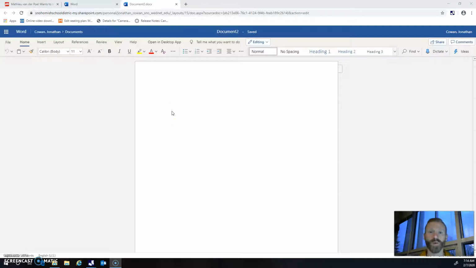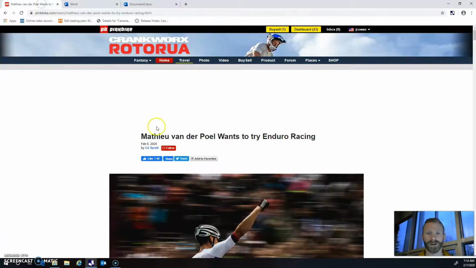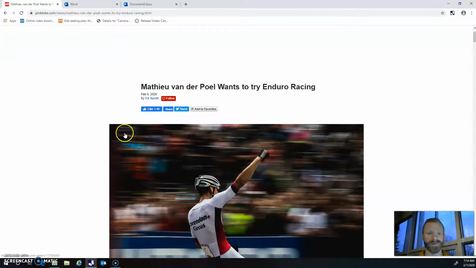All right, so I'm going to show one possible way that you can annotate text that's found on a website using Microsoft Word Online. And you can actually do collaborative annotations as well. You can apply this tool in different ways, like adding writing and things like that also. So let's say that I found an article that I want to save for later and I want to